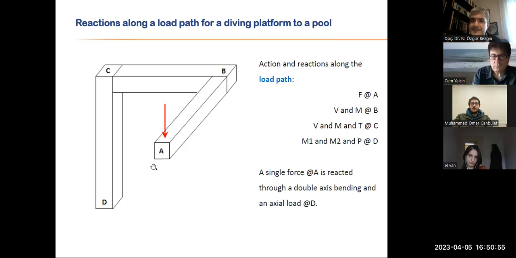You have to explicitly define and understand what will happen at the support and design it accordingly. The design of this element is important, yes, but this is nothing but a load path. This is a highway for stresses, taking the load from one point and transferring it to another. If this path is broken, no structure. And what makes this a structure is this support point at point D.